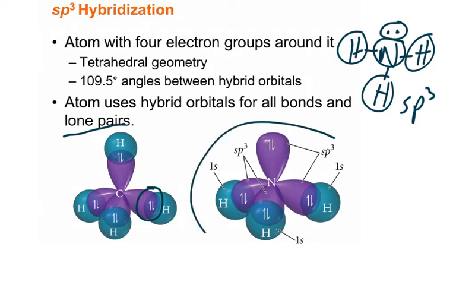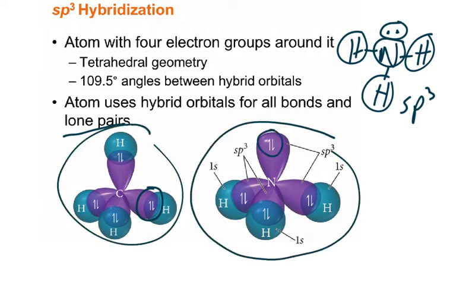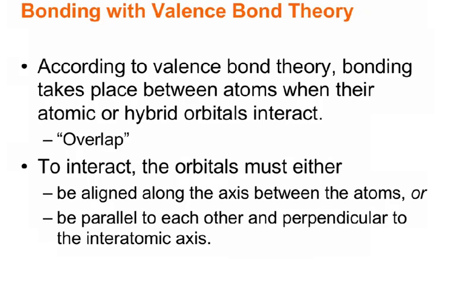There's the ammonia molecule that I drew with the lone pair here. Here this would be just methane. So notice the overlap between the hybrid orbitals of the two atoms is where the electrons are actually being shared. To interact, the orbitals must either be aligned along the axis between the atoms, which would be what we call a head-to-head overlap or a sigma bond,